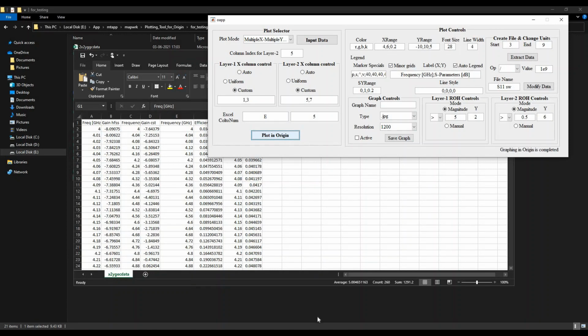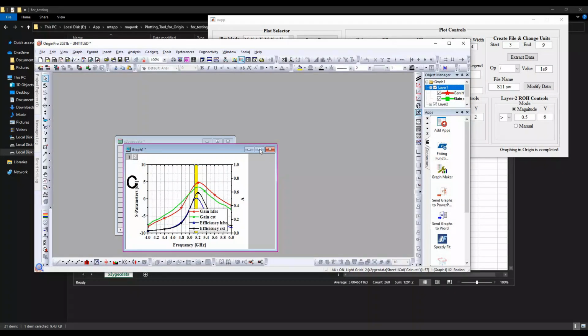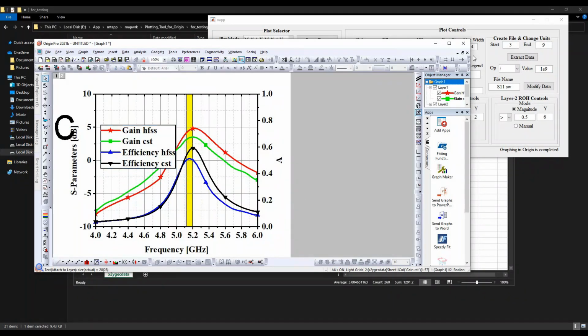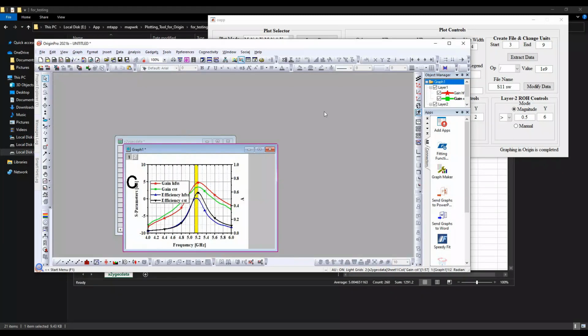As you can see, the graphing in origin is completed. Here, this is the graph. I think only the efficiency is greater than, sorry, the gain greater than 0.5 dB is only reflected, I think. Right. Yeah, we're missing out on a little thing.